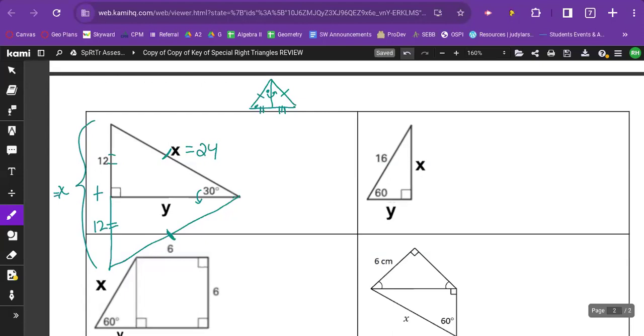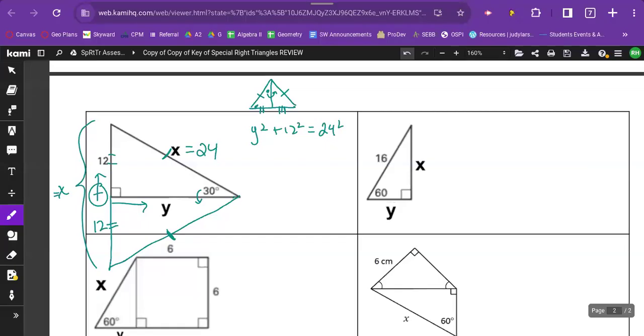And then I can use the Pythagorean theorem, adding around the right angle, to solve for y. So I've got y squared plus 12 squared equals 24 squared. And I'm going to pause so I can get my calculator. Okay, so 12 squared I already knew was 144. But 24 squared is 576. So subtracting 144 from both sides, I get y squared is equal to